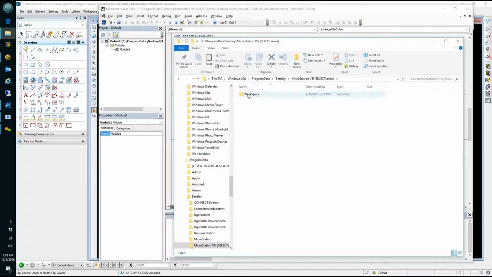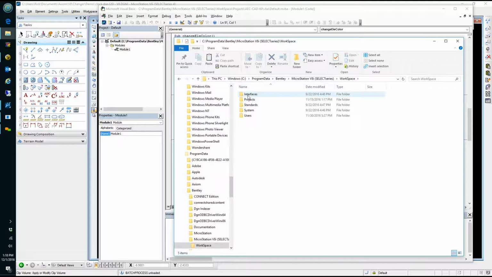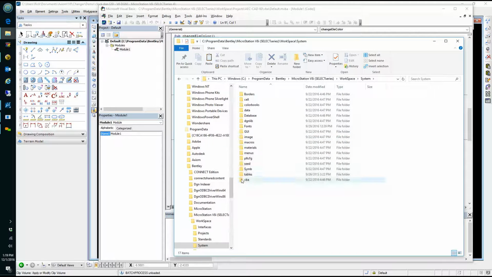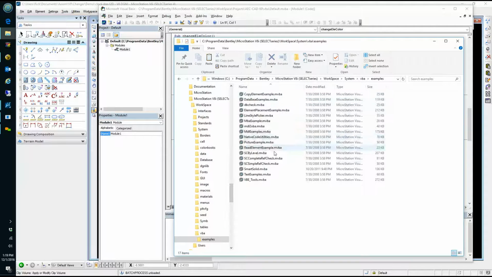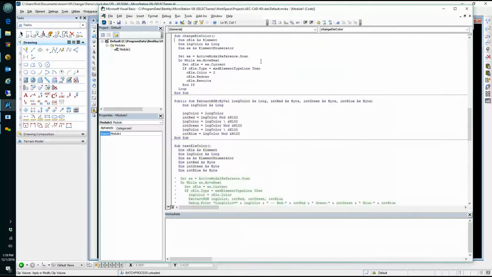Most of you, I'm sure, are on V8i. You're going to go under here, and then under System, there's a folder called VBA, and in here there's one called Examples, and there's a whole series of examples of VBA in use that you can go into and learn, okay? You can read through them, and you just open them up in this editor and go through. Just to give you a quick idea,